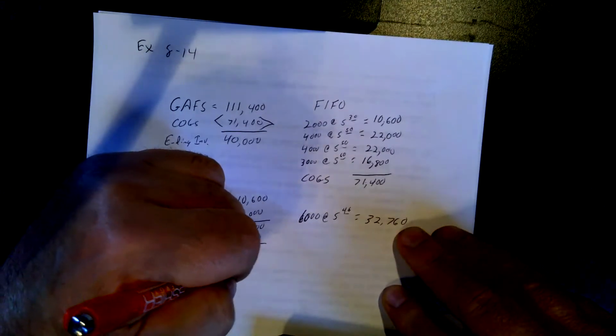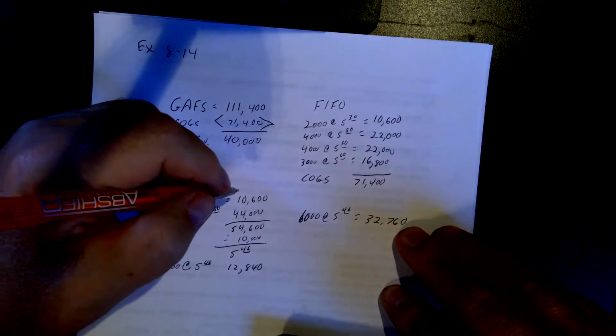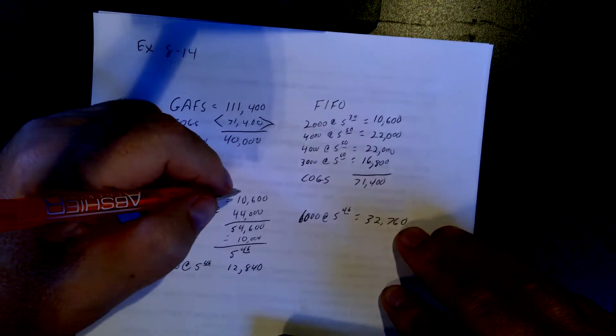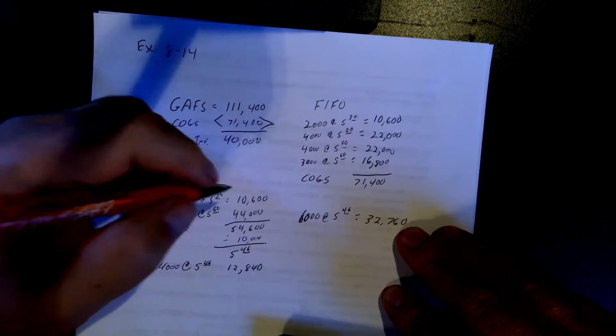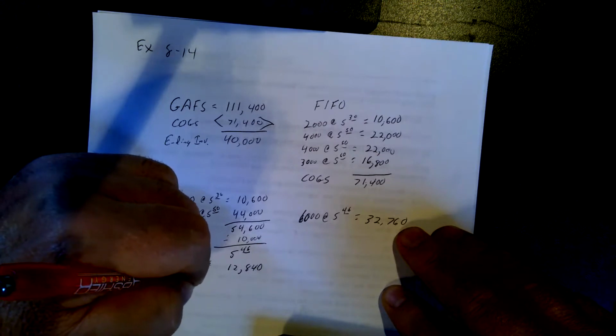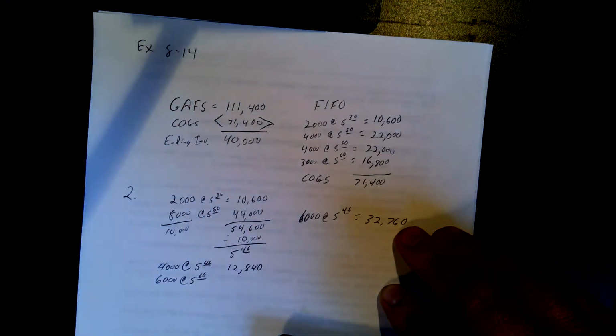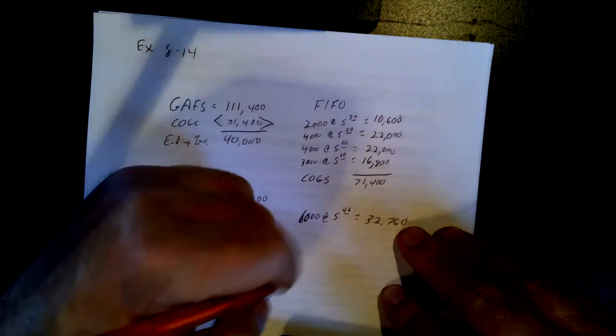So that gives our inventory at 21,840. We then purchased 6,000 units at 560. That's going to be